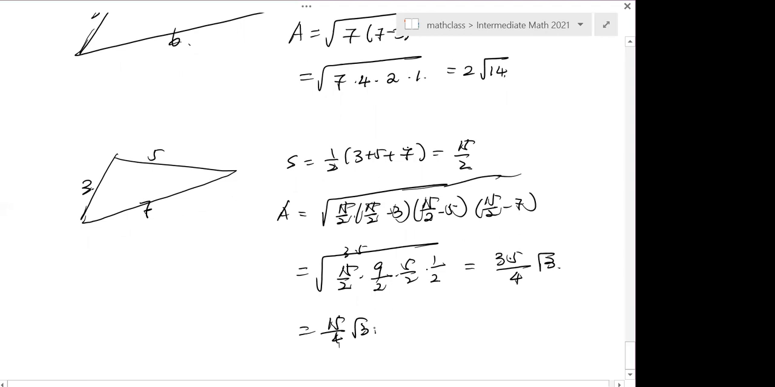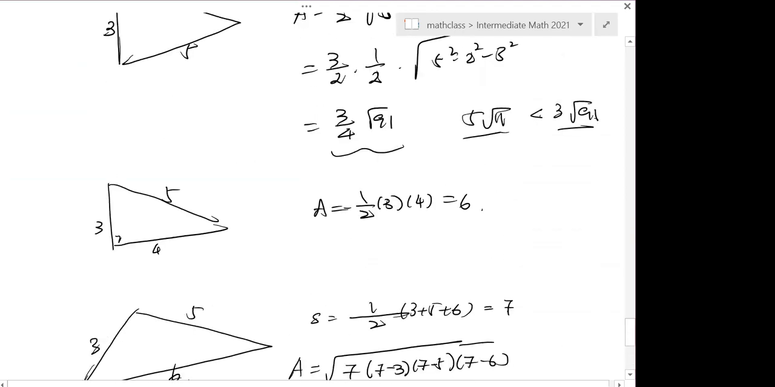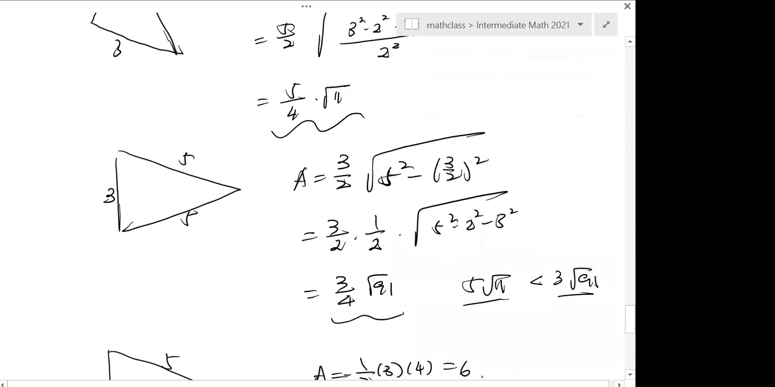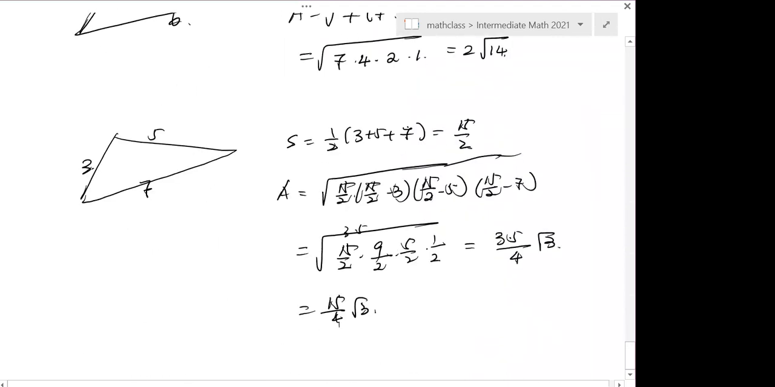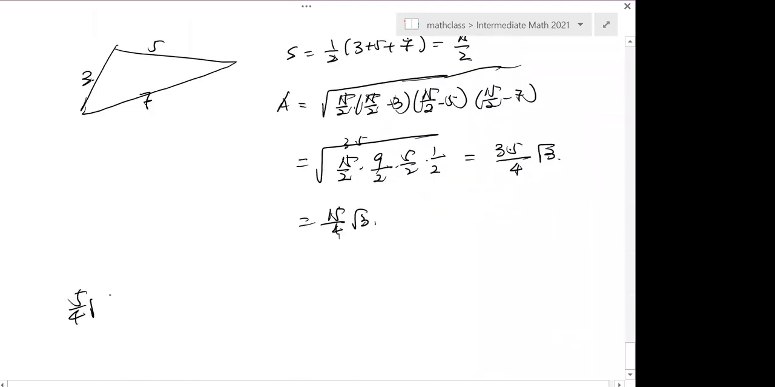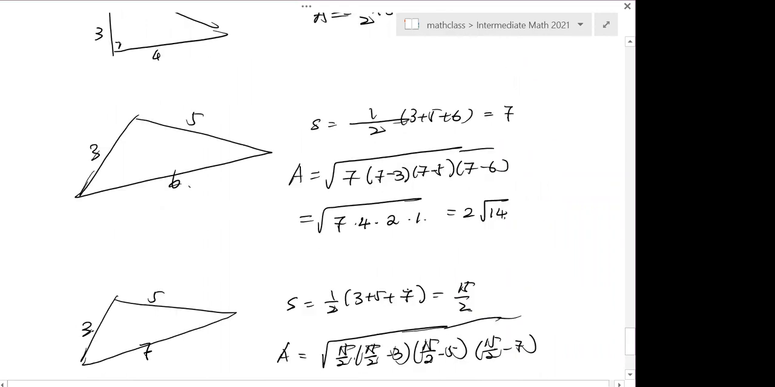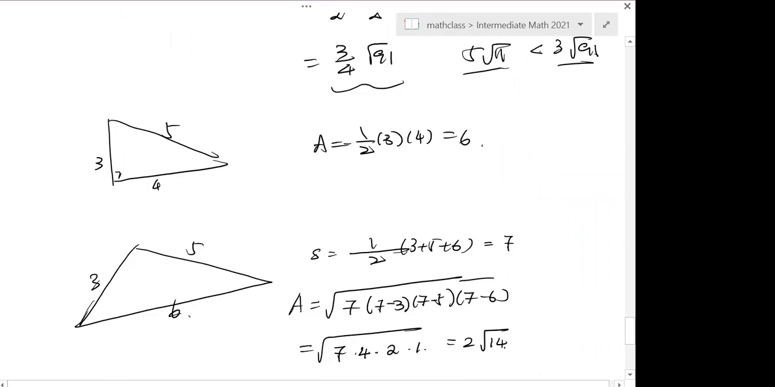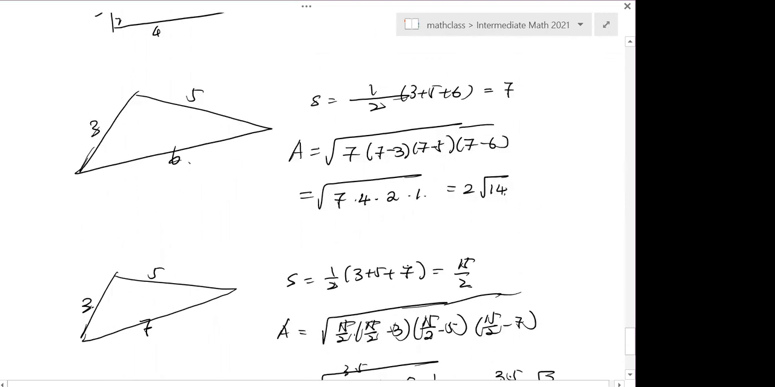So you can compare those numbers and decide which one is smaller and which one is larger. All of those are irrational numbers. The question is, how do you compare irrational numbers? You just square. You have how many numbers here? The areas are 5 over 4 times the square root of 11,